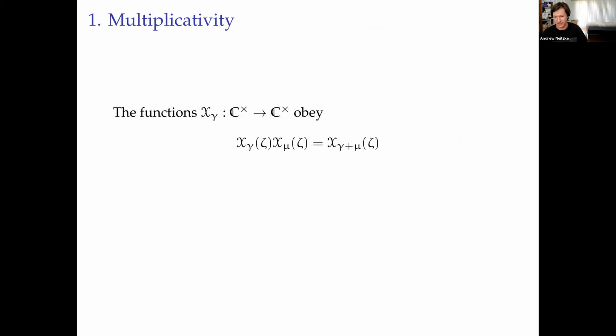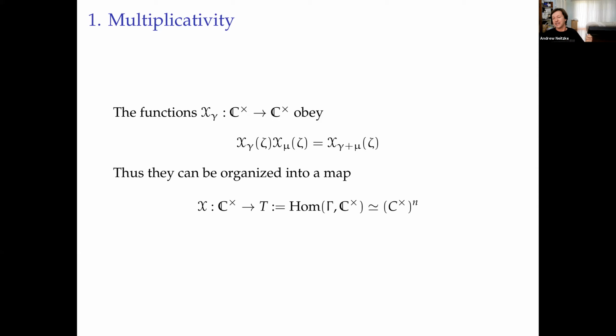Okay, so the multiplicative thing is pretty easy. So we're constructing the function. So remember now we've fixed the point of our 2D hyperkähler manifold. We fixed the point, and we're just looking at the dependence on the twistor coordinate, this coordinate zeta, which keeps track of the complex structures on the space. And so for each vector gamma, we're supposed to have a function of the twistor coordinate, a function x gamma of zeta. And those functions, you have one for each lattice vector, but they're multiplicative. So x gamma times x mu is x gamma plus mu.